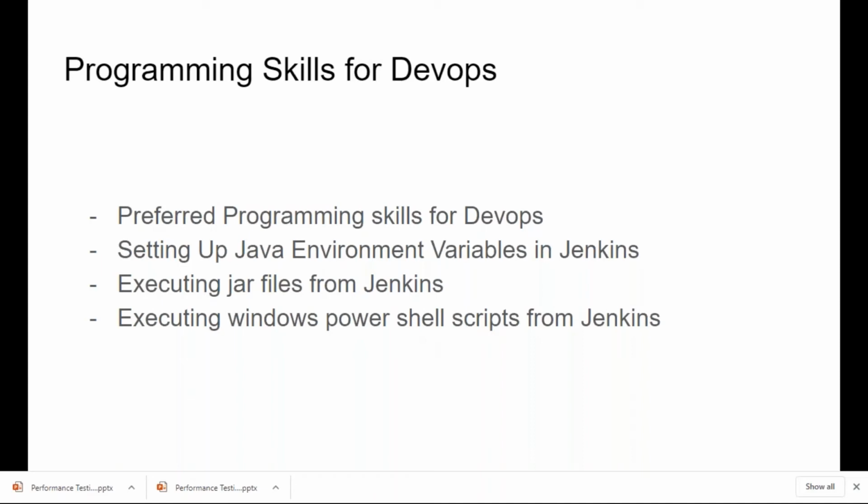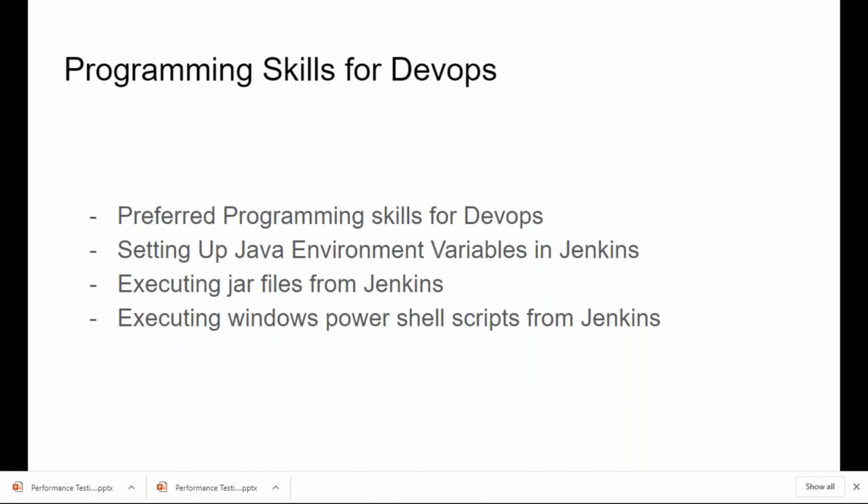You might want to capture the Windows resources automatically. For example, if you don't have these open source tools we have seen earlier, like InfluxDB, or it is not allowed, then how are you going to take the CPU or memory from your machines? So there are a lot of use cases where you would need a couple of programming skills to expand. So not to begin, but to expand.